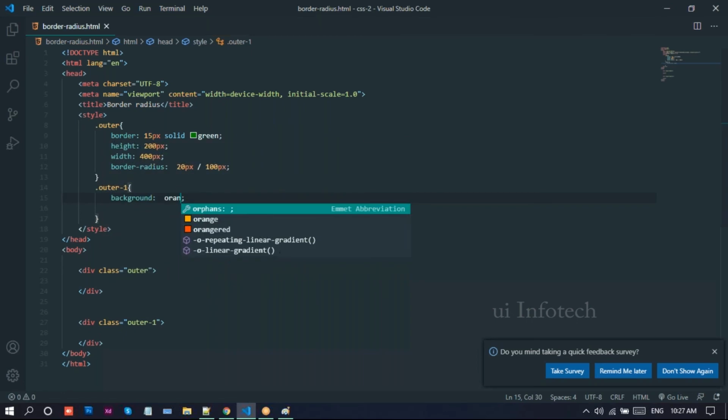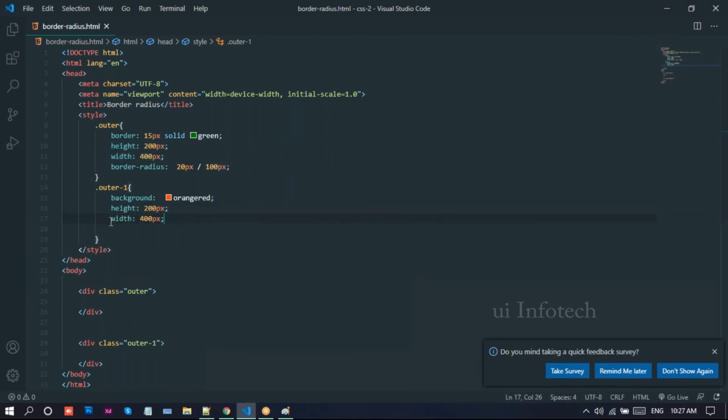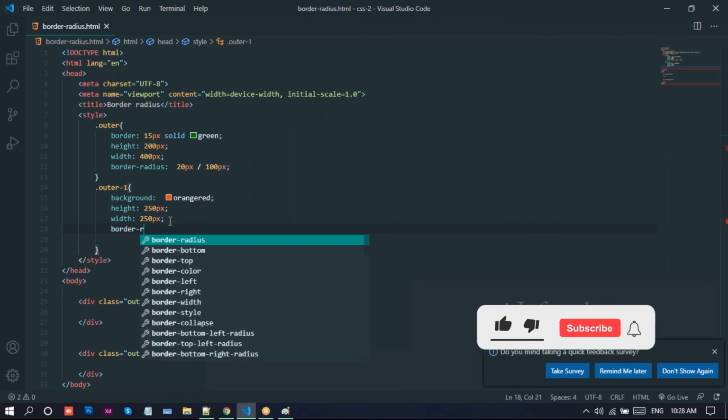And I'll provide the height. I'll copy this one and paste it there. I'll provide 250 pixels here, and here also 250 pixels. And now here I'll take border radius.